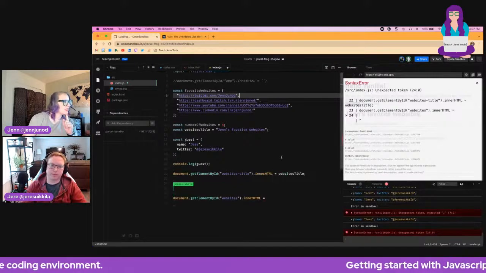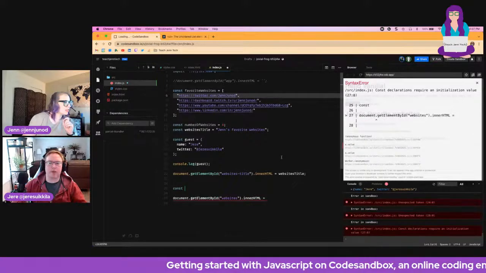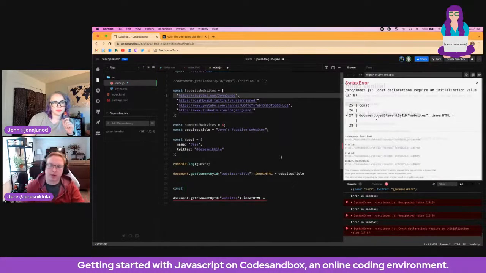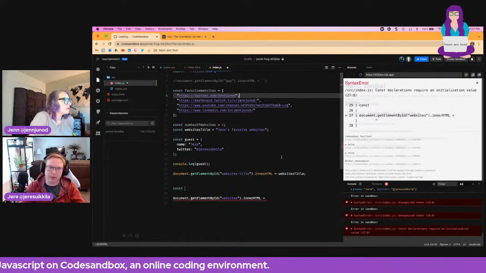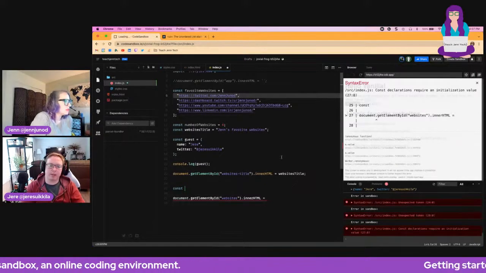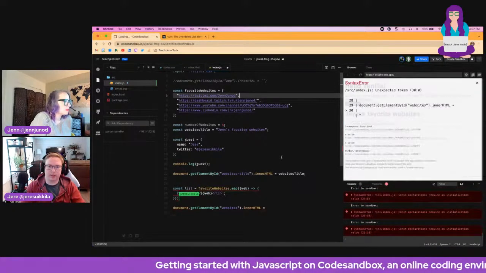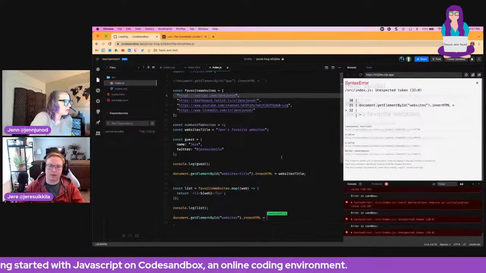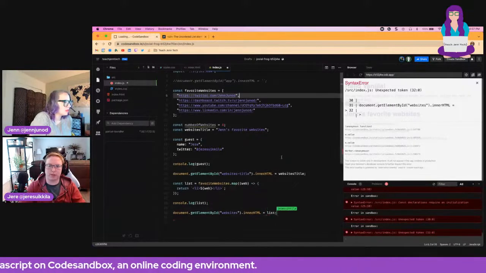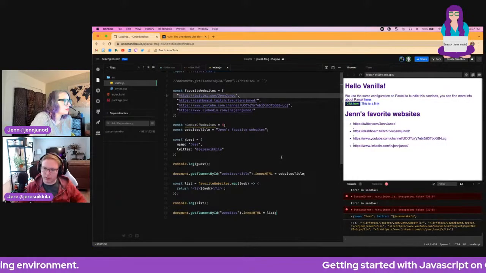And we create another variable. This is kind of how you would end up doing debugging very often when you're coding. You create another variable and maybe log it out and see what's in there and what's happening there. So const list is now this, and then console.log that list. And then we have to put list in here as well. Now if you go into the console, you'll see what's there.